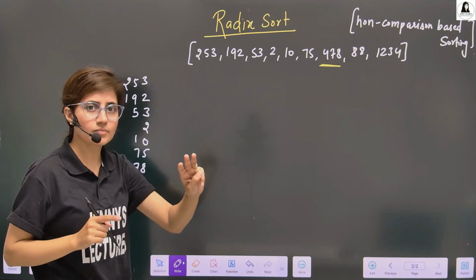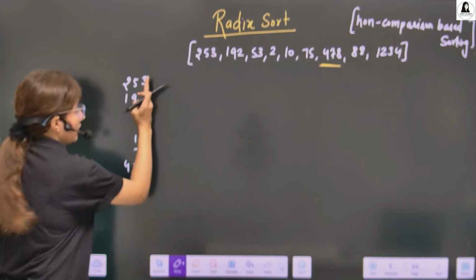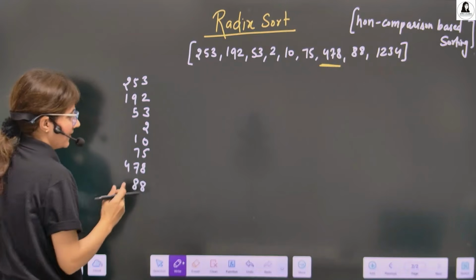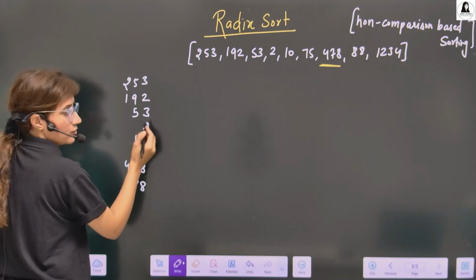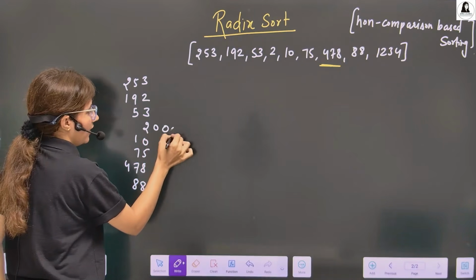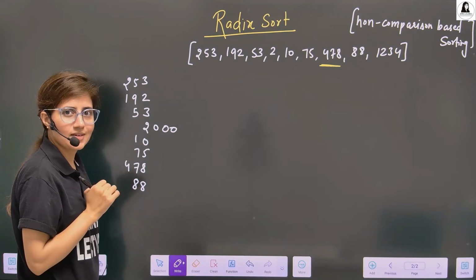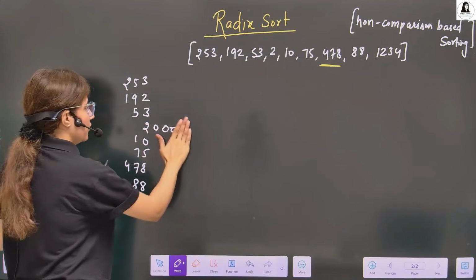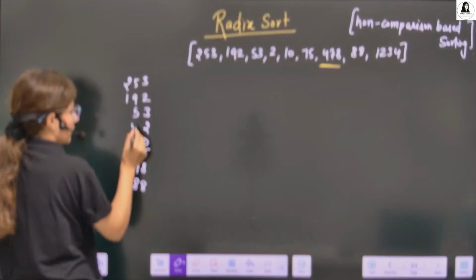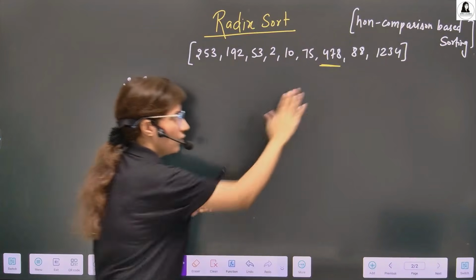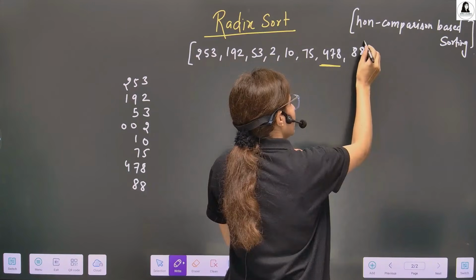How can we do that? By adding 0. But we don't add 0 on this side. If you want to make a 2 digit number a 4 digit number, we don't add three 0s like this. No, it will change the value of the number. We add 0s on this side. So for now, I'll not take this number. I'll take only a maximum 3 digit number.